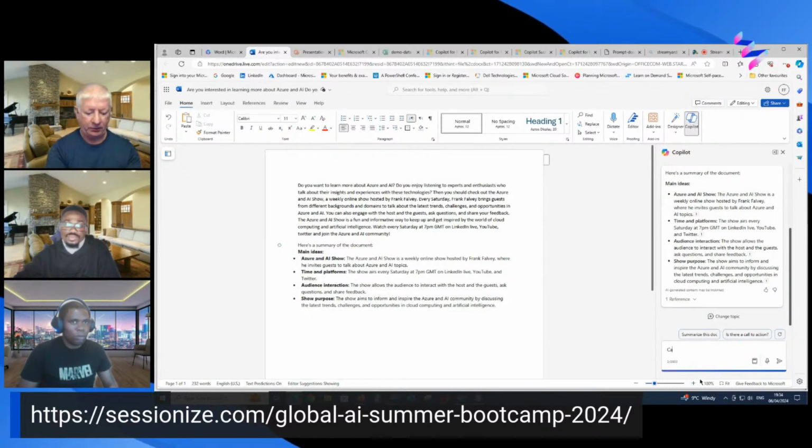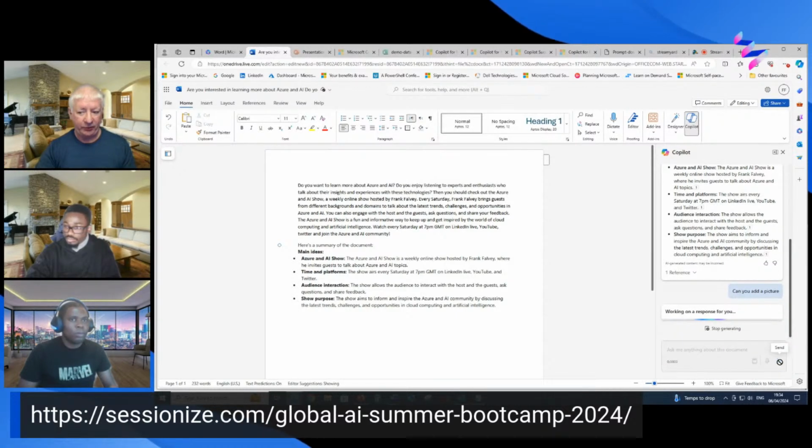So add a picture. Sometimes you just have to think of prompts that you want to put into it. I'll show you a bit more about the prompts now in the middle. So we'll see if we can actually use Designer to look at the document and pick out a picture